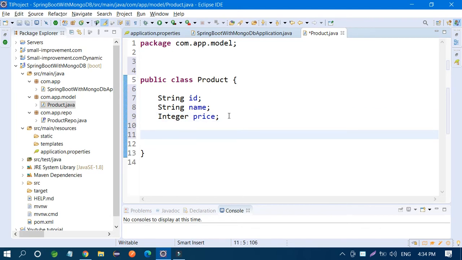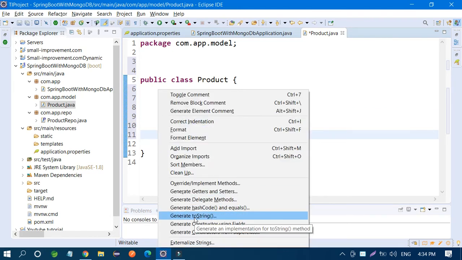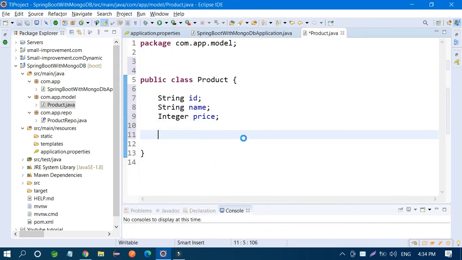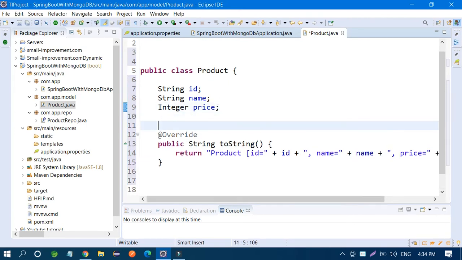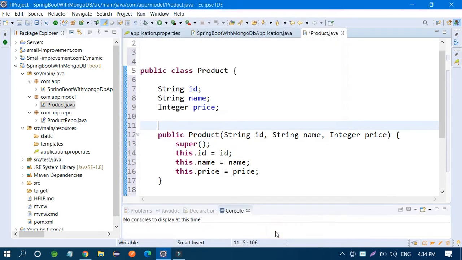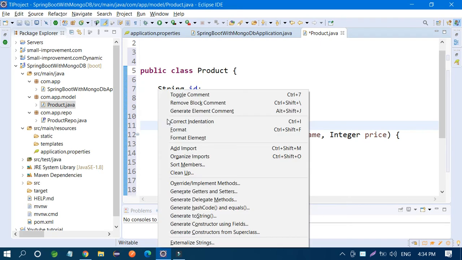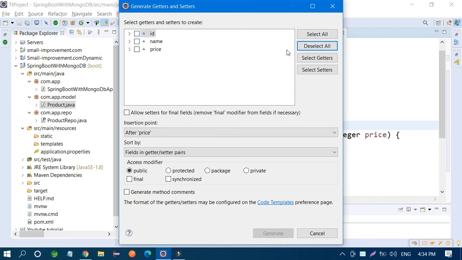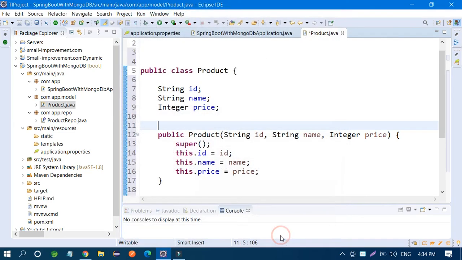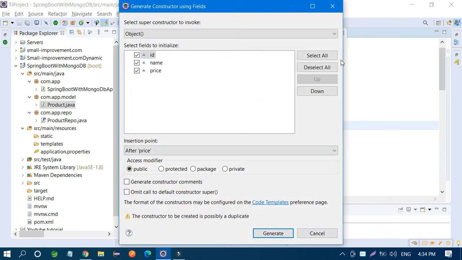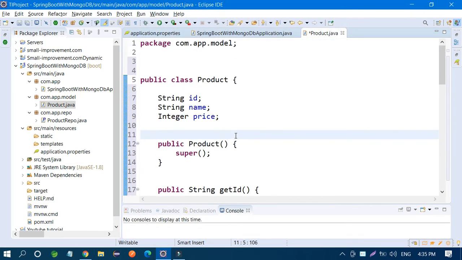If you want to create getter and setter methods, and a toString, just create them. No problem. You can create a constructor using fields or without fields, it's fine. Just create one more default constructor, plus setters and getters. It's very simple to create, don't worry about it. Your class is okay.